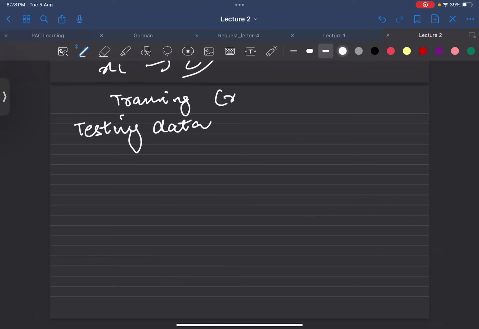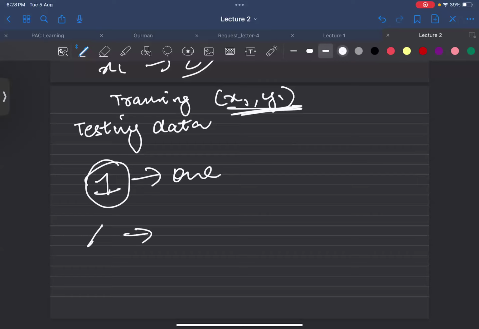I was having the mapping x1, y1. Suppose I'm drawing this 1. This is equal to 1. I'm having that, okay, this figure which I'm drawing is 1. This figure which I'm having is